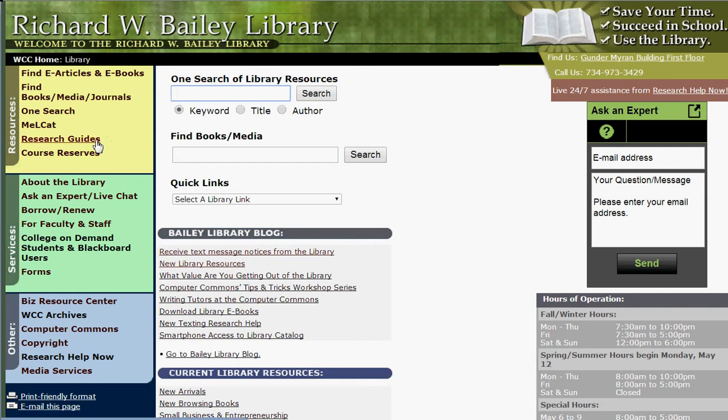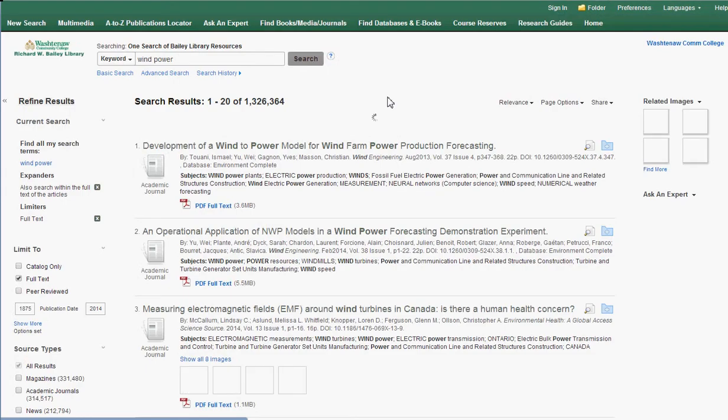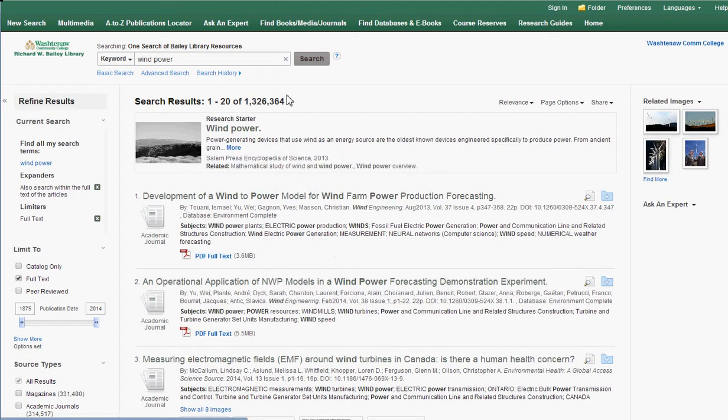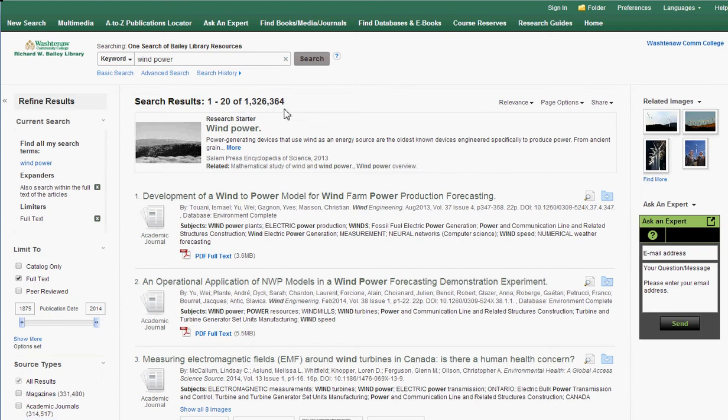Research guides are created by librarians and are very focused on a certain subject or even down to a certain class. Let's begin by doing a simple One Search of library resources so you can see what this looks like. We're going to do our wind power search by keyword, and you'll see when this comes up that this still brings up a monstrous amount of resources that a student would go through,